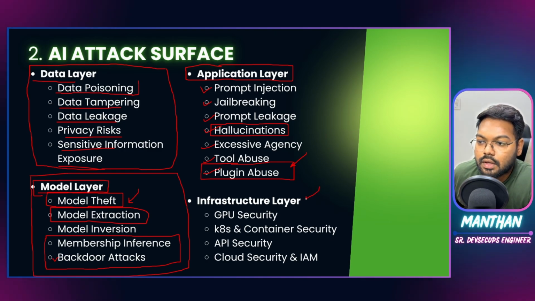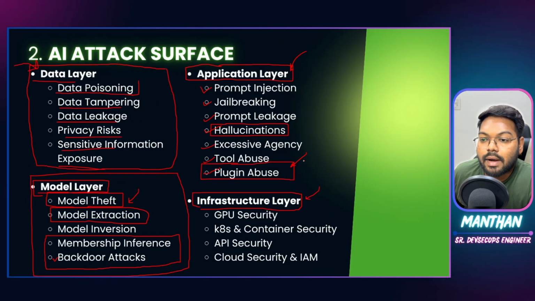But yeah, next is infrastructure layer. Now, how your models are deployed, where your software, I mean the application layer, is deployed, how your data is being stored, where it is getting referred from. So all of these matter. So GPU security, whatever compute services you are using, could be GPUs or TPUs, and how you secure those layers. What services of cloud do you use? How the IAM policies are set up for them, how the encryption level, where the keys are stored. All of these things come under infrastructure security.